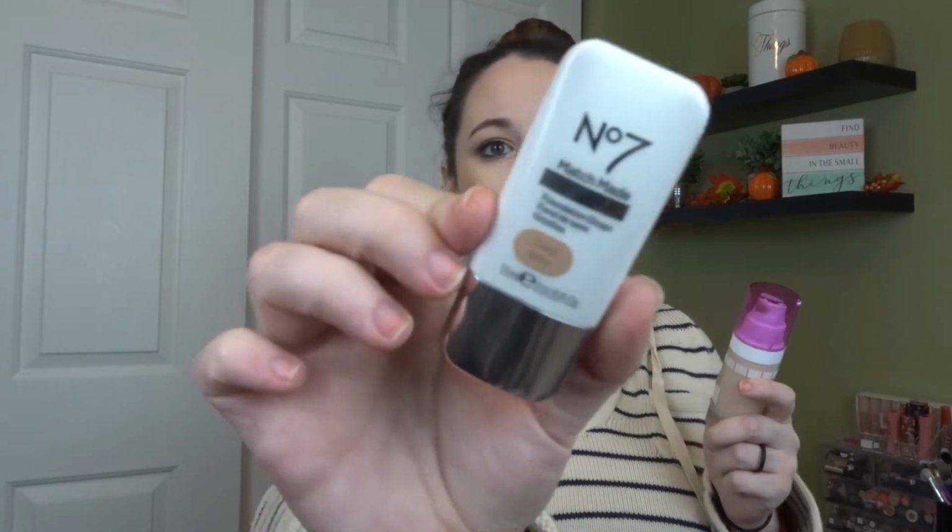For one, different shade ranges have different formulas. And I've heard that the formula with the blue cap is fantastic. But the formula with the blue cap I think is a little darker than the shades with the pink cap. So this is an okay formula. The shade is way too light on me. Way too light on me. So what I wind up doing when I use it is I mix in my number 7 drops to darken